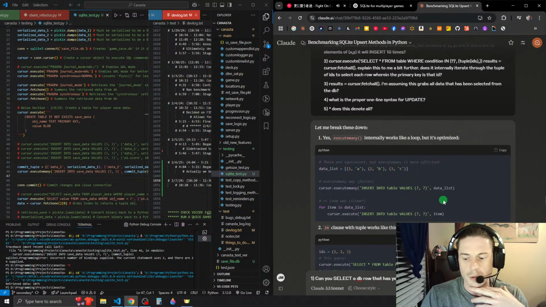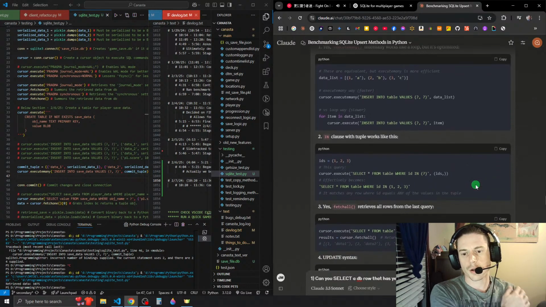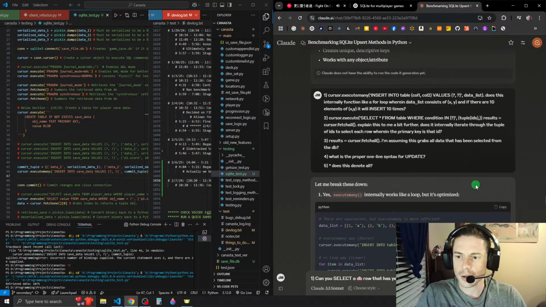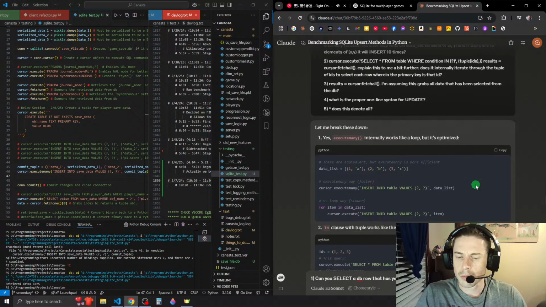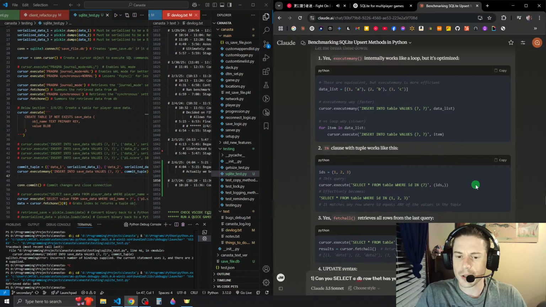What else did we want to do here? Okay, so now we want to select. So we have the IN clause with a tuple, which works like this. What did we ask about IN? Select from the table where condition IN. Okay. IN clause with tuple works like this: ID equals 1, 2, 3. And it says cursor execute select all from table where ID